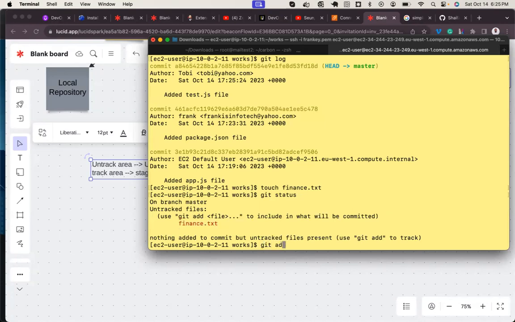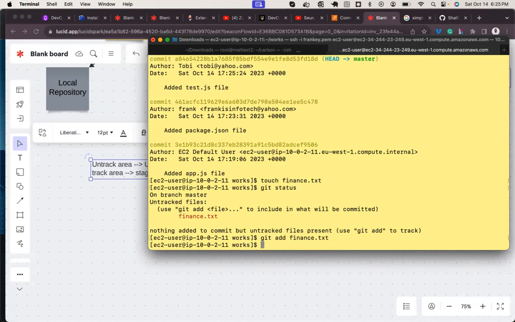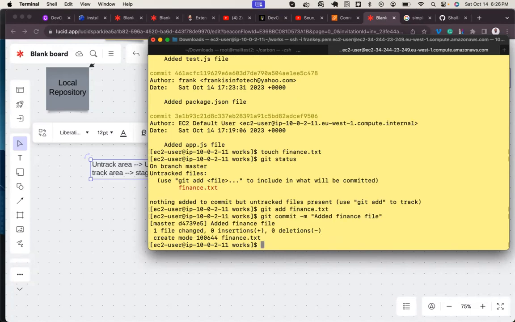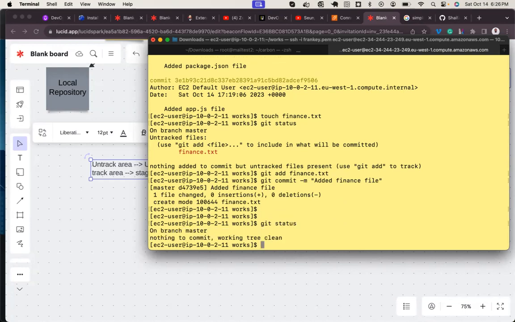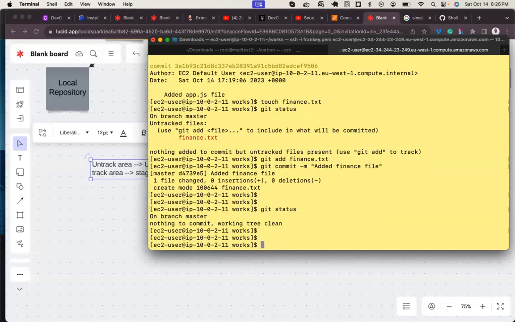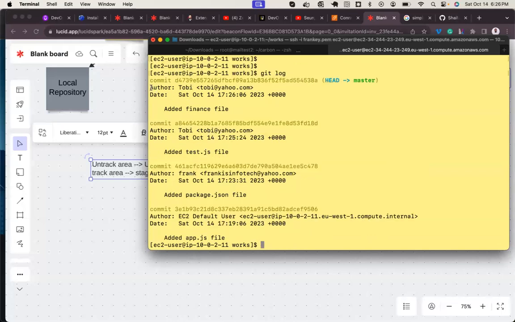If I add it, git add finance, git commit, message, added finance file, git status. My branch is clean. Now, git log. You see that Toby added the finance file.